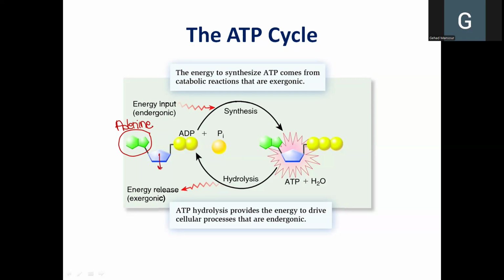And then here we have the sugar, the pentose sugar. And here we have 2 phosphate radicals. As you know, adenine is a nitrogenous base and the ribose is a sugar, and both together are called adenosine. So adenosine is adenine plus the